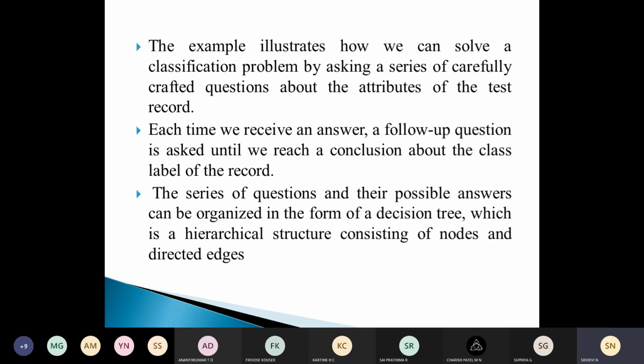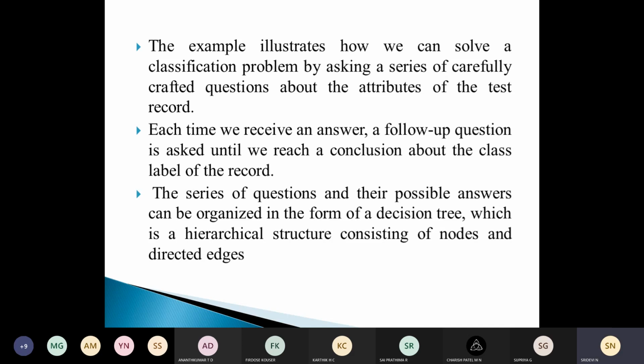Each time we receive an answer to a question, we ask one more follow-up question. How long do we continue this? We continue until we reach a conclusion about the class label of the record. For a particular test record, we keep on asking questions until we find an answer.